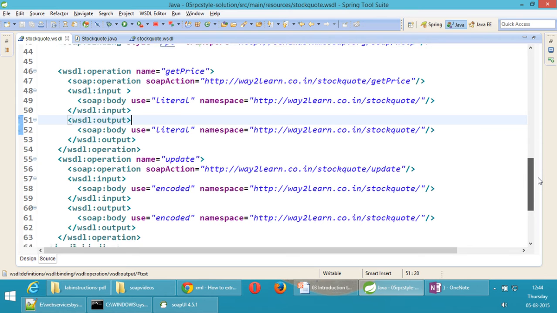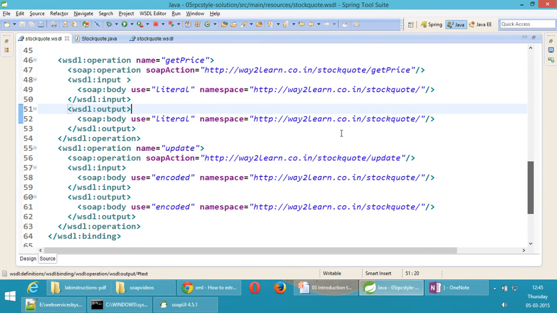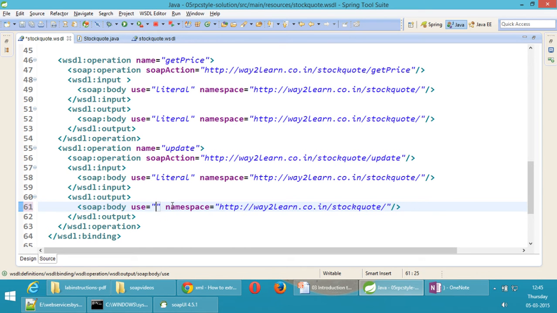Okay. And you have to make sure that use equals literal. Literal means we are specifying that the body will not be encoded, the body will be plain XML. In older versions of SOAP, like 1.0 and 1.1, use equals literal and use equals encoded were both supported, but starting from the latest versions, use equals encoded is not recommended and is not supported.